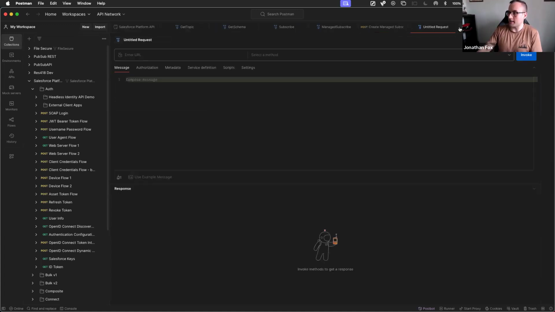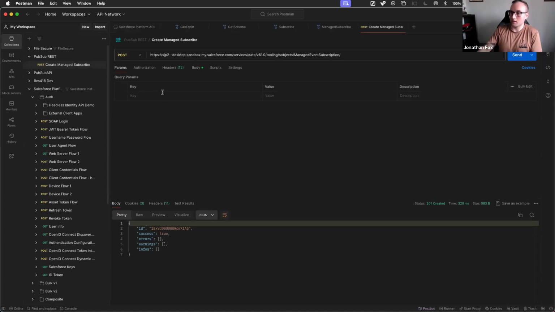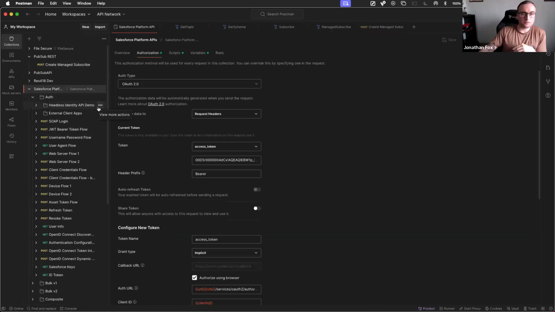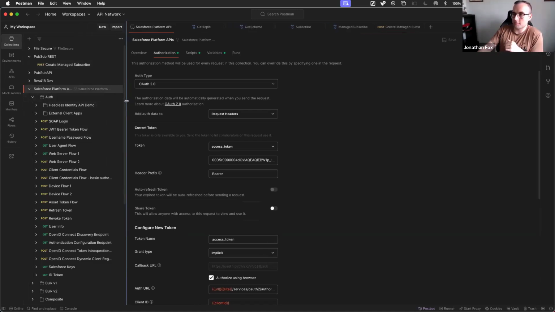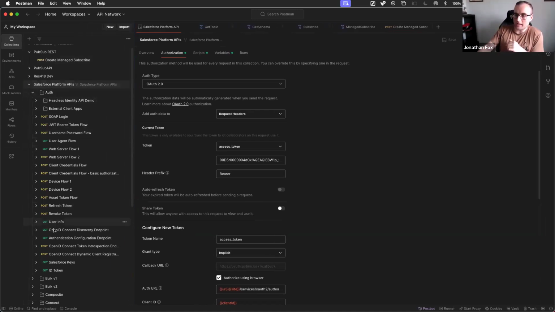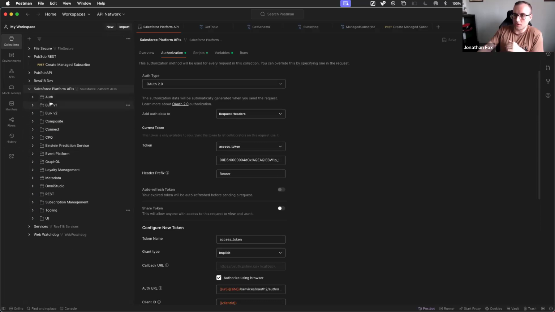What I'm going to show you today is how we actually utilize the PubSub API. Now, if you go to the Salesforce platform collections on Postman, go and fork the collection, you'll get access to all these wonderful pre-built APIs already. Now, what you will notice is the PubSub API doesn't form one of these directories in this collection, unfortunately. And I think that's for two reasons.